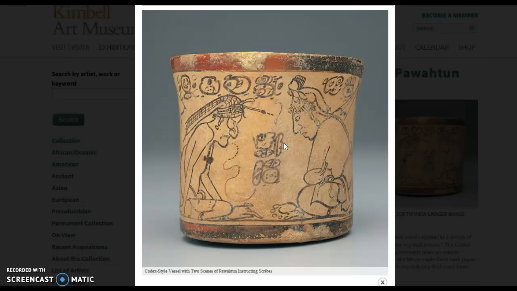So it depicts 2 scenes with the deity Pawatun, and he was one of the principal gods of the Mayan scribes. And he's teaching some of the disciples. So he's recognized by his age features, his headdress, right here, and his facial features. He is holding a pointer and reading from a folded index,